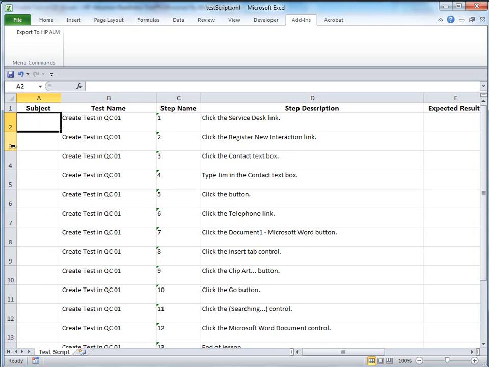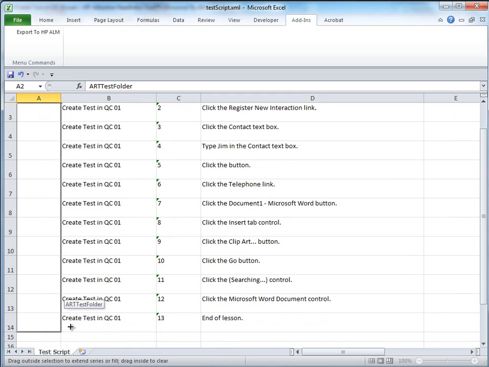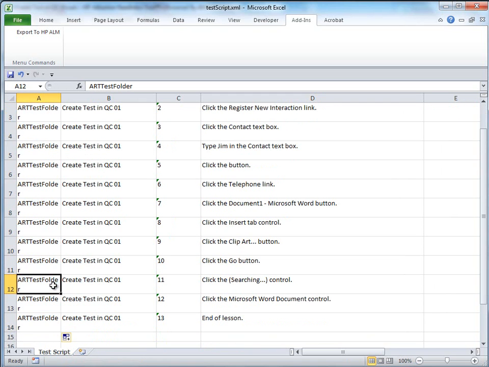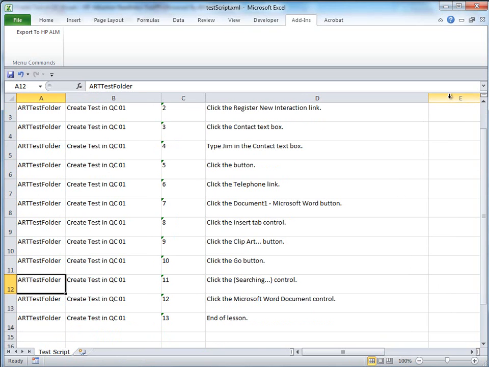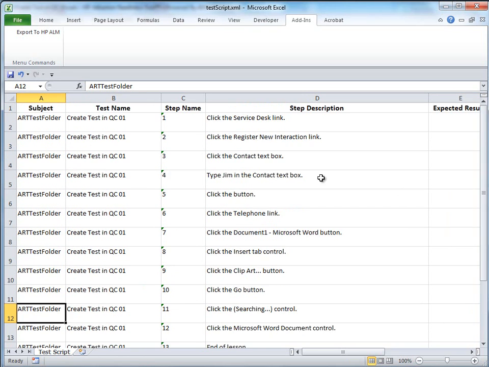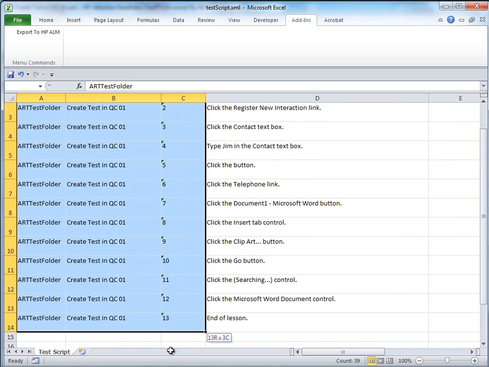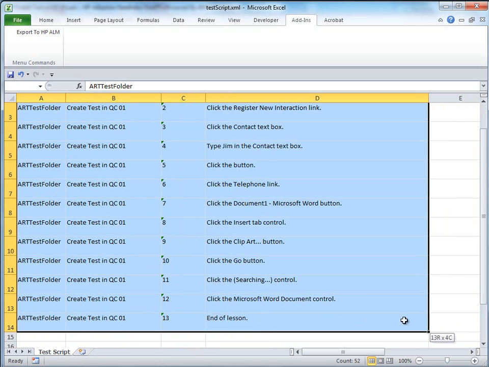So what we're going to call this is we're going to call this our ART test folder. And what you're going to see is in Quality Center, there is now going to be a subject folder that's called ART test folder. And inside that ART test folder is going to be a test called Create Test in QC01. So what we'll do is highlight the data again,